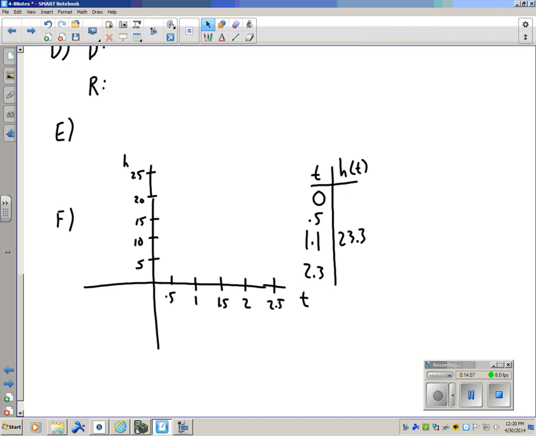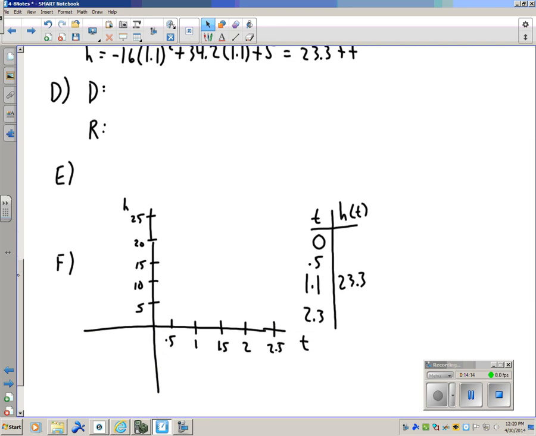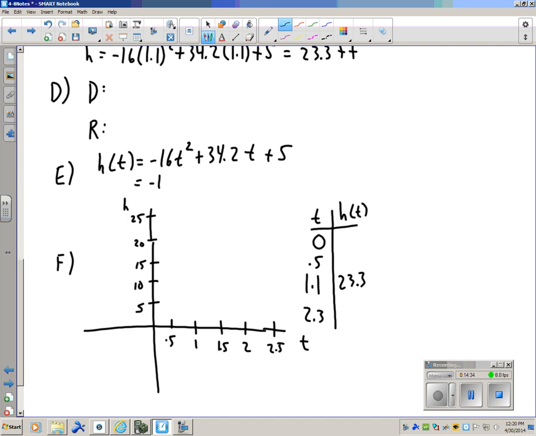So at time 0, which is actually going to give us our y-intercept, which answers our question for letter E, we can plug in, again looking at part B, we had h of t equals negative 16t squared plus 34.2t plus 5. Let's substitute 0 in for t and solve for h. If I plug that all into my calculator, I get 5. So there's one of my nice ordered pairs. So I've got 2 ordered pairs now, and I have to find the other ones. So I'm going to stop the video, and we're going to go on to another second one here. So the letter